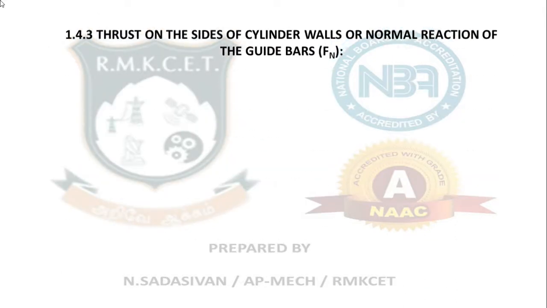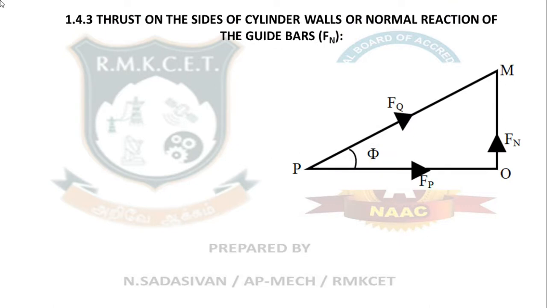It's very simple. Now take this triangle which you have already used in the previous case. Now just write sin phi, because Fn is here. Sin phi is the opposite side by the hypotenuse. Very simple.